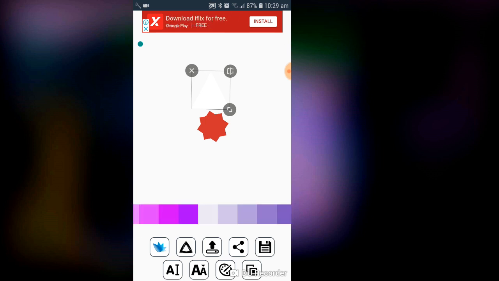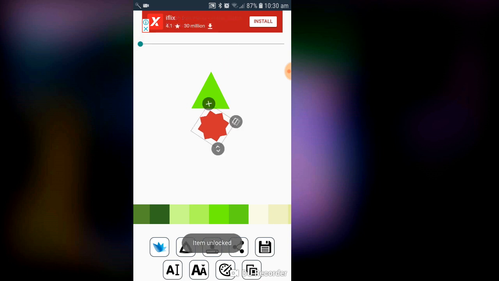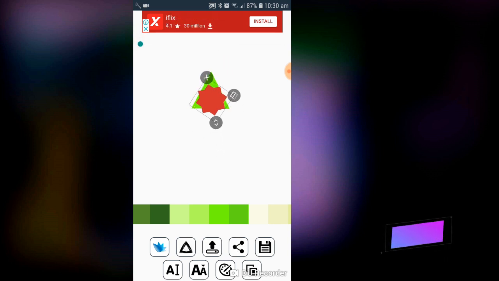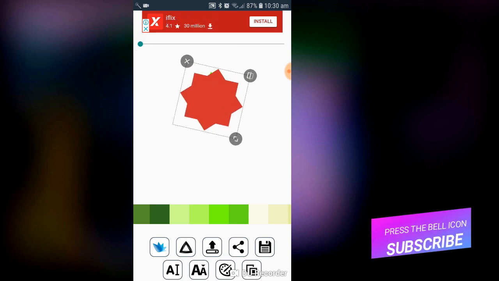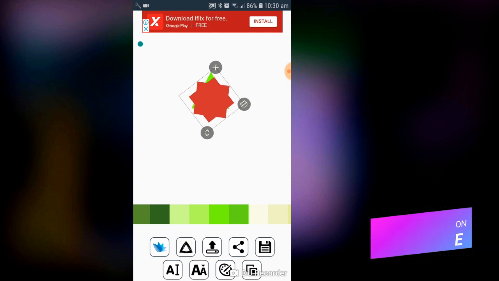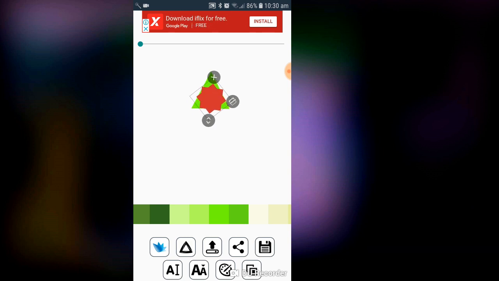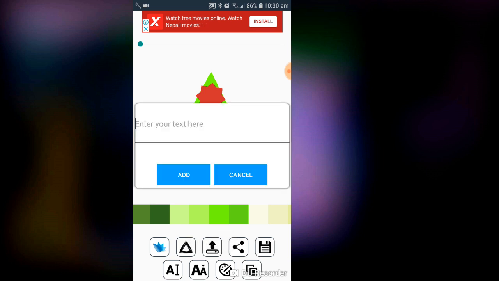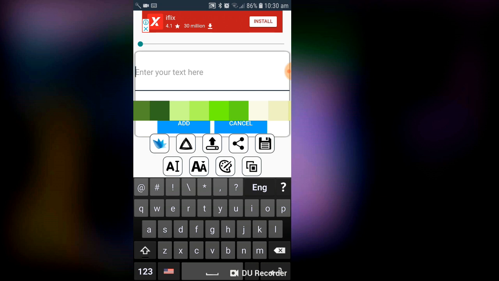Just wait for a moment. Yeah, you can choose any kind of color from here. Okay, so I think, yeah, like this. Now after this you can put the text also. So I am putting